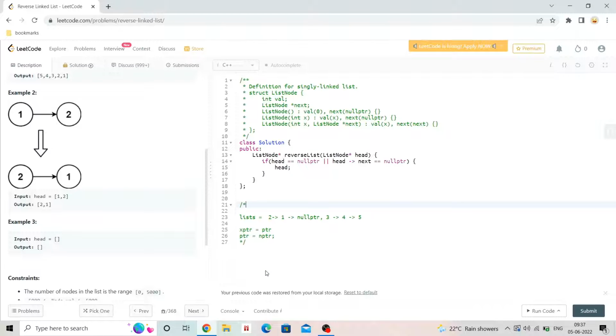As of now ptr points to 3, that was nptr first, and xptr points to 2. So xptr has a reference to the new list we are creating, and ptr has a reference to this list. So we'll get nptr again, so nptr will be 4,